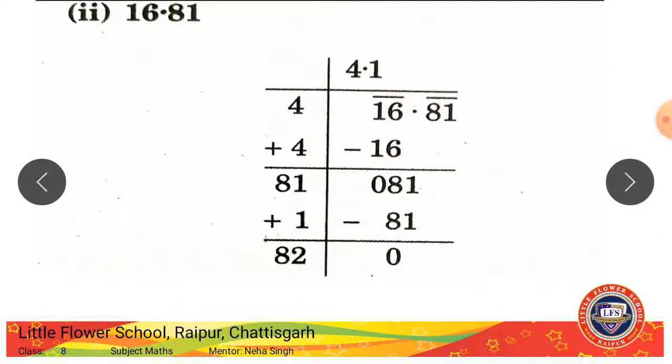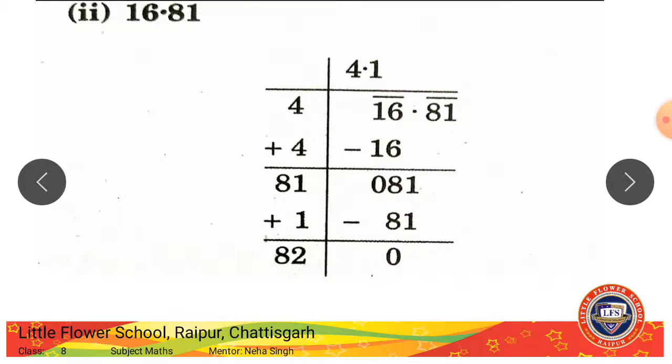Next question, 16.81. Again we'll follow the steps, we'll make the pairs. Here this will make one pair, this will make one pair. Now 16, every one of you knows that 4 4's are 16, 4 square will be 16. So you'll write 4 4's are 16. We'll subtract the numbers, 0 now, and 4 and 4 here will be added. This is 8 now. Now we need to copy the next number. Before copying the next number, we'll put a decimal here, right? Now copying the number 81.